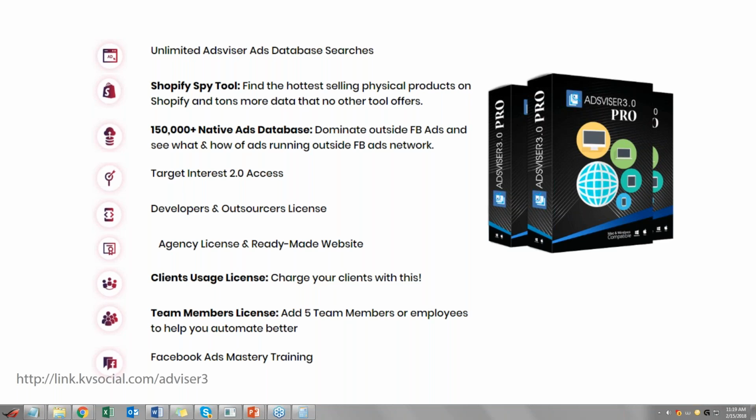You also get a 150,000-plus native ad database to dominate outside of Facebook ads as well. Native ads are anything from website ads, YouTube ads, or regular web 2.0 ads. So you're going to get access to that as well. And of course, you also get the Facebook ads mastery training, how to offer your services and how to get clients to pay you for Facebook advertising services. So you get all this with the pro version, the agency, and the developer license